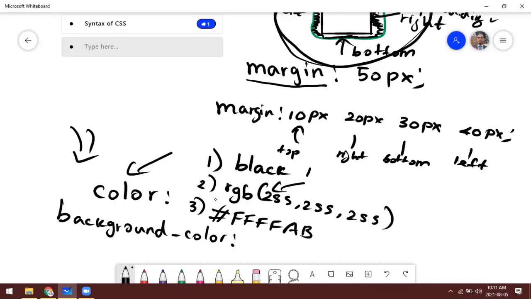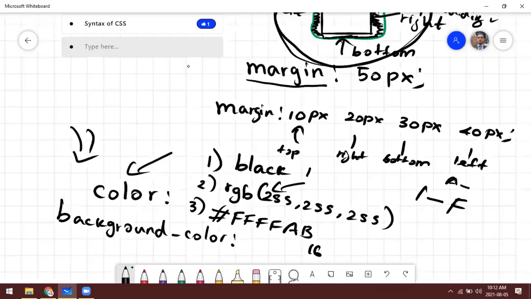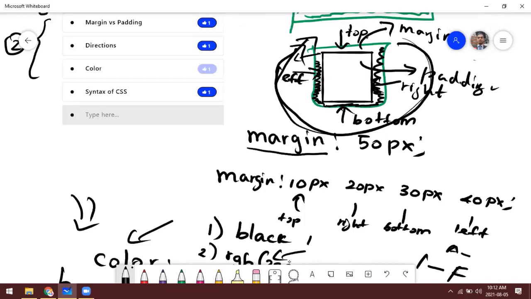Hexadecimal stands for base 16. So base 16 goes from 0 to 9 and then A to F, right? It's a different subject, but anyway, I'm just telling you these are the three ways we can use color. These are all what we studied in the previous class.